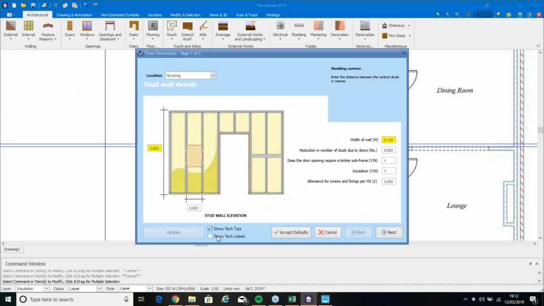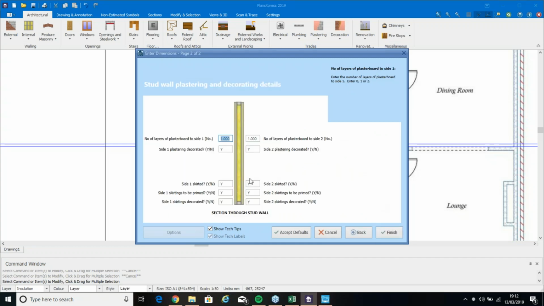So we've got the height, the distance of the studding centers at 600 mil. You can change that to 400 mil if you wanted to. It's entirely up to you. The width of the wall at 100 mil. So that's your building reg standard again. Clicking next. It's going to ask you about number of layers of plasterboard to each side. So you can say whether you're going to have 1 or 2,